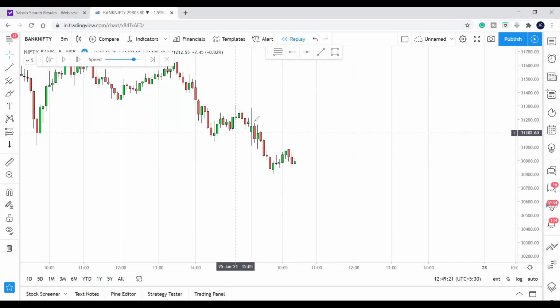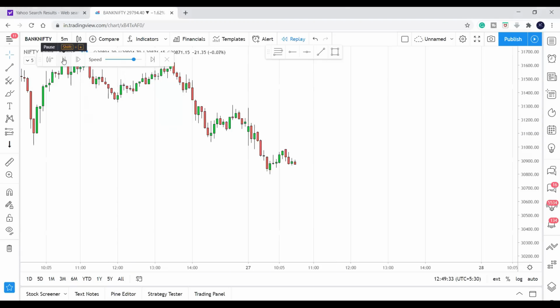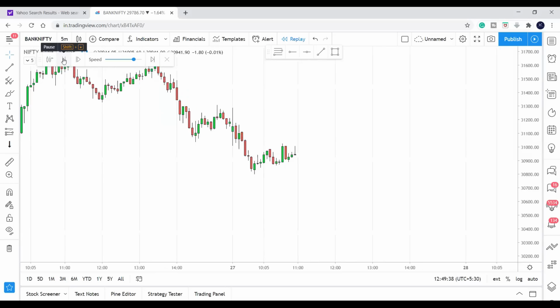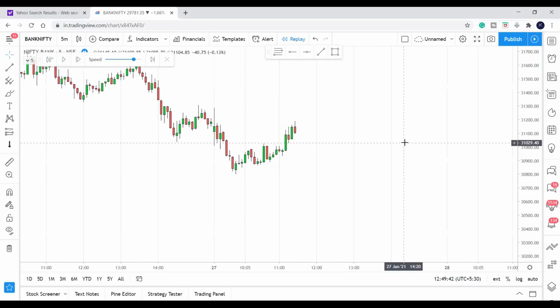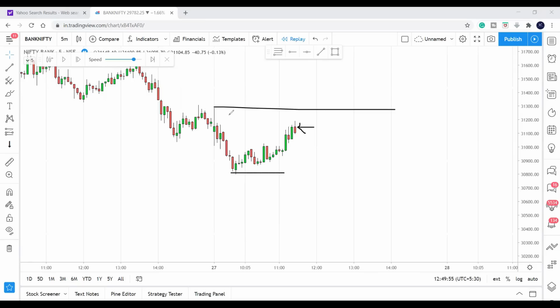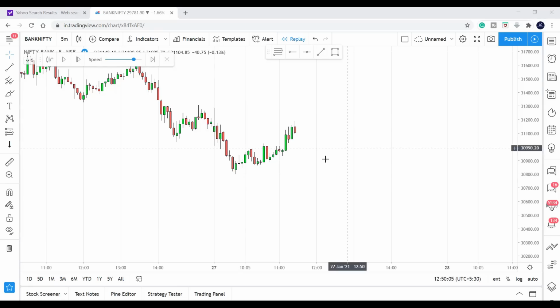On 27th, market opened with a doji kind of candle, neither bullish or bearish. It kept going down and then took a small bounce. Now let us see what happened after that. So what it is showing you till here, when you are looking at the live market, is that this is your support, this is your resistance, because this was the high from where market crashed and this is the low where market bounced. So this is the support and this is the resistance.